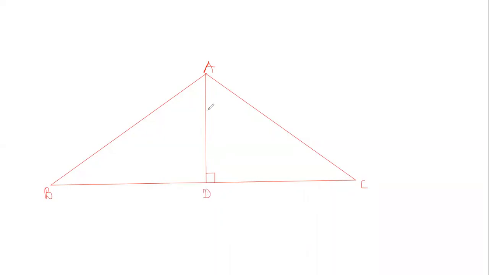Now one thing you can observe here, that ADC is a right angle triangle, and ADB is also a right angle triangle. So if you apply Pythagoras theorem separately on both of these triangles, then you can find a generalized way to solve for acute angle triangles and obtuse angle triangles. So let me show you in obtuse angle triangle.